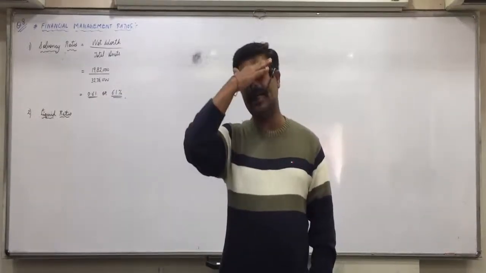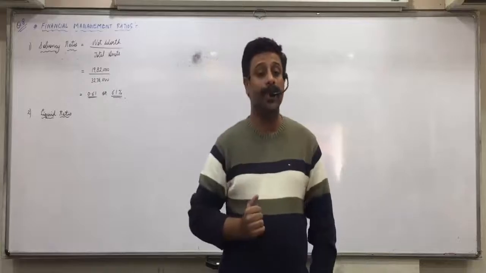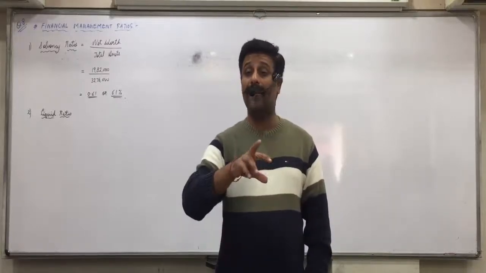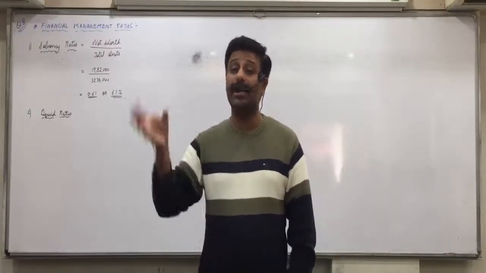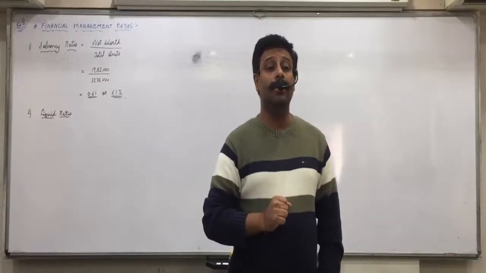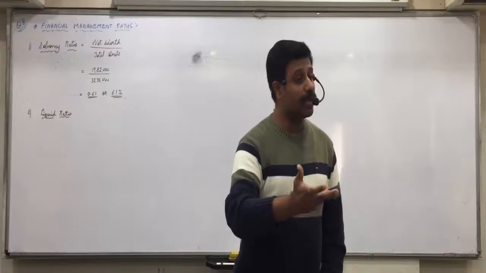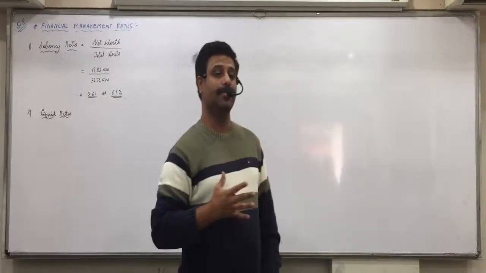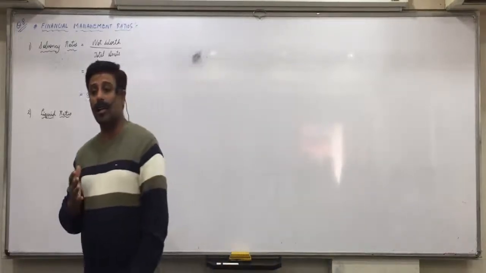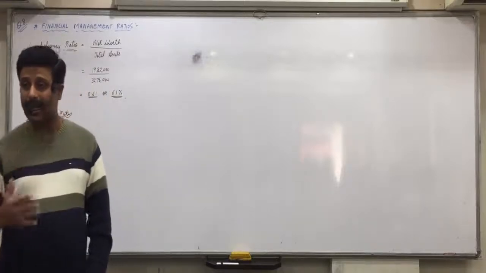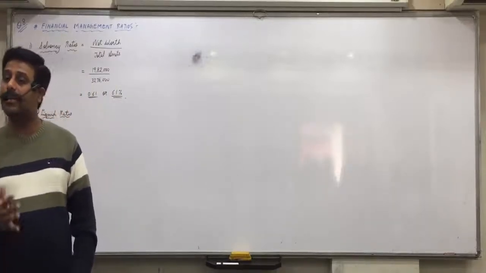So 2 lakhs minus 80, how much did we pay last year? 120. Now don't take 120 as your current liability because how much of the loan itself is pending? 80,000. So you're not going to pay more than 80,000 in the coming year. In that situation, it would come only 80,000. Means the loan will not take full 12 months EMI. It will be over in between the year itself.